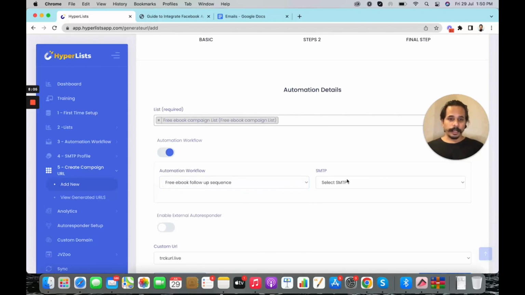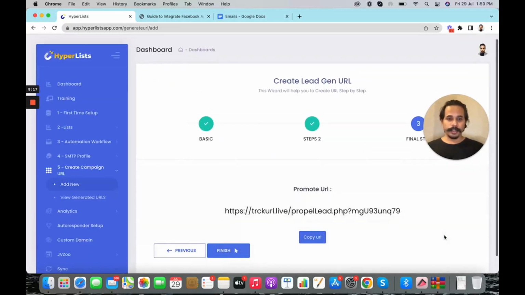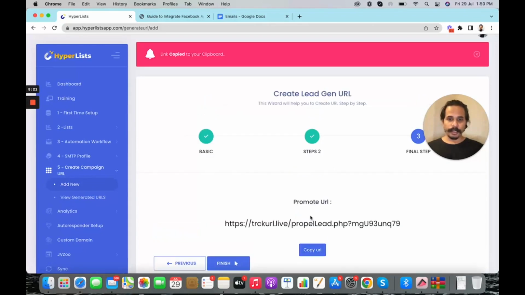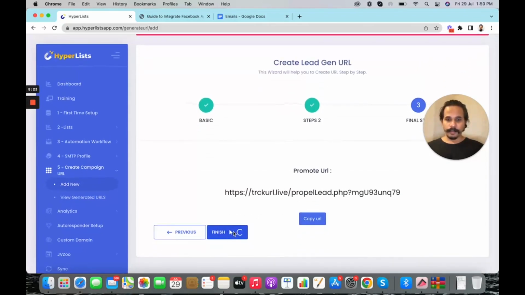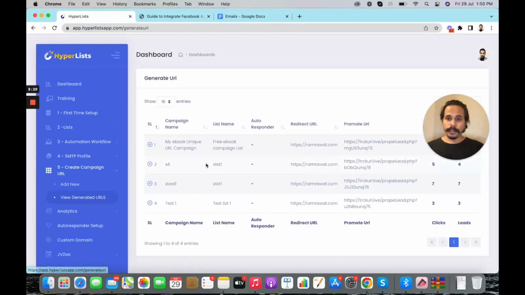Okay, so right now I'll select the follow-up sequence that we have created, that is free ebook follow-up sequence. And now I'll select my SMTP profile that I have already integrated. So this is my SMTP profile, and this is done. Now I'll simply click on the next step and my unique URL will be generated. So you can see my unique URL is generated. I can simply copy this URL and I can click on the finish option, and I can check my generated URLs from this option, and you can see my unique URL is created for this campaign, for my ebook campaign,